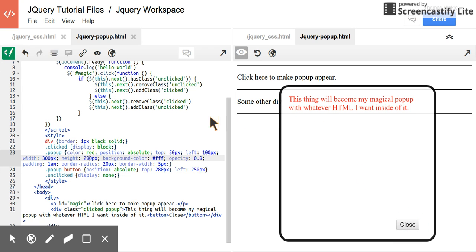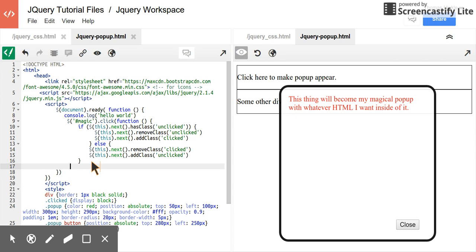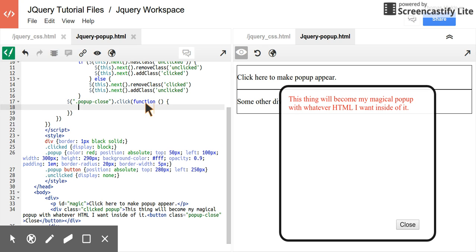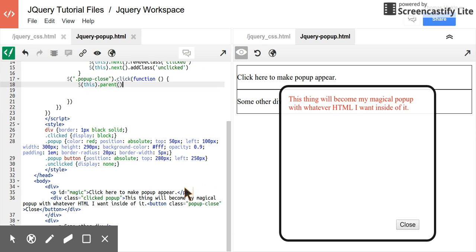I'm going to have to write some jQuery to do that. So let's go ahead and now write a little bit of JavaScript. If we come back up here, we probably shouldn't just call the button. So let's give it a class popup-close, in case we have other buttons on our page. So now we select the class popup-close. When it is clicked, function, which means we do this thing. What do we do? This should be getting easier. We grab this, we grab its parent, which is going to be the whole div, and we remove the class